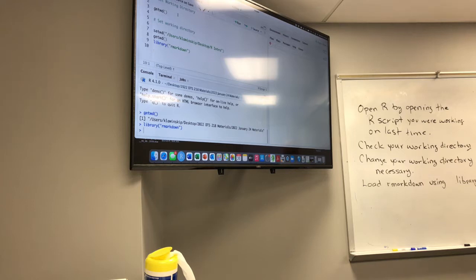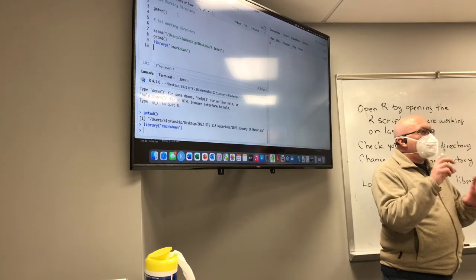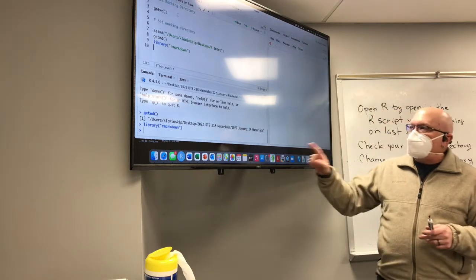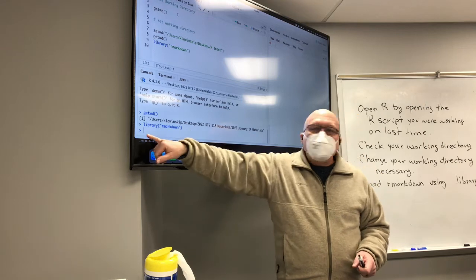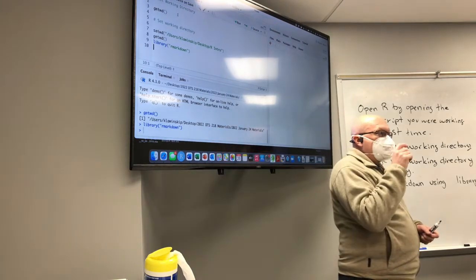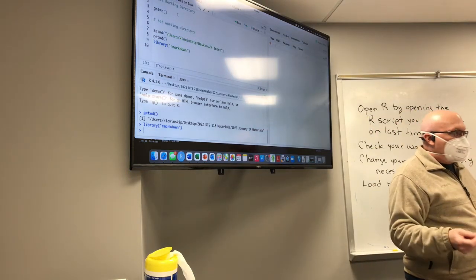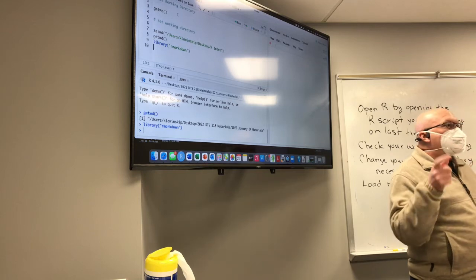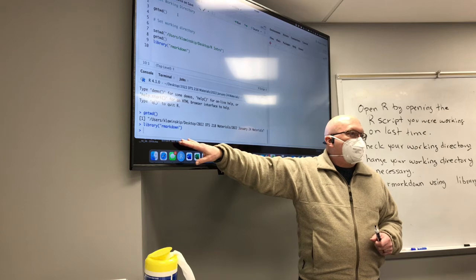And I'll show you some ways to do this today. And whenever I ask R to do something, sometimes R doesn't do anything more than what it did this time. I asked it to load our Markdown, and it just returns the command prompt. That command prompt basically is R telling you, I did what you asked me, what do you want me to do now? And so a lot of times, you'll run a line of code, you'll get the command prompt, but